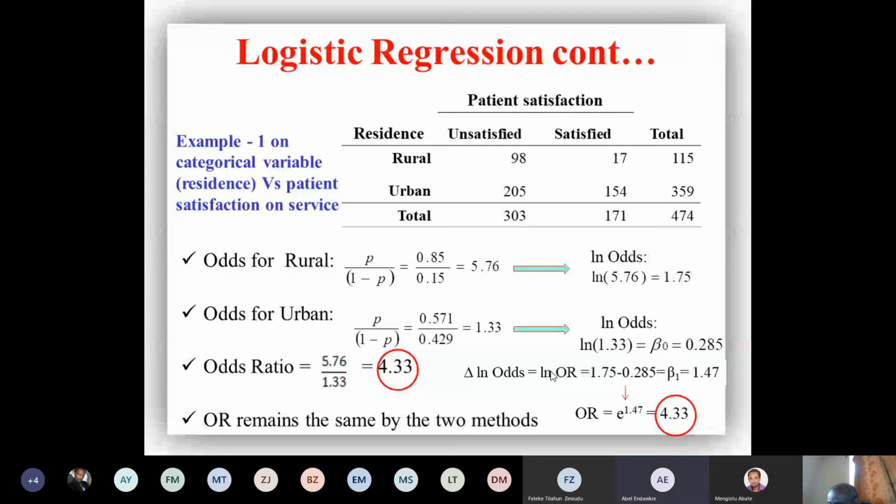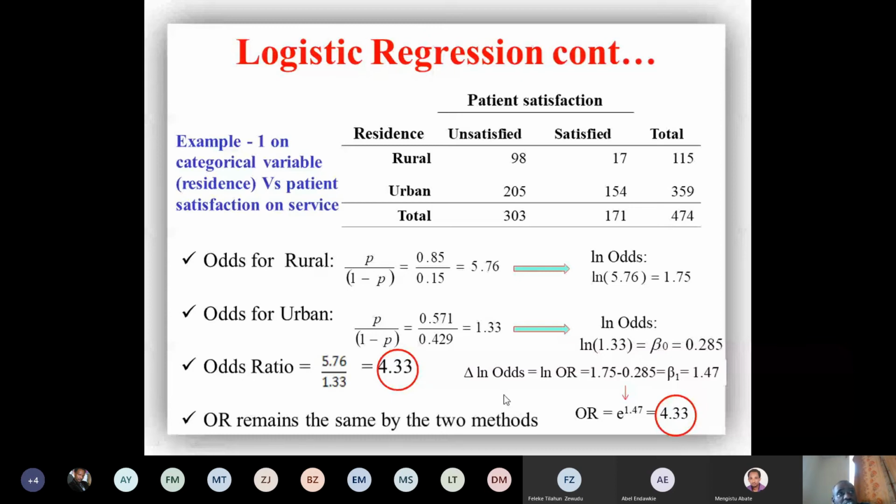ሃሎ፣ ሎጋሪዝም ኦፍ ኦድስ ሬሽዮ ኢኳልስ ቤታ ነው የሚለው ለማለት ነው ባጭሩ? አዎ፣ ሎጋሪዝም ኦፍ ኦድስ ሬሽዮ ኢኳልስ ቤታ ነው። አዎ ልክ ነው። ምክንያቱም ቦዝ ሎጋሪዝም ኦፍ ኦአር ኢዝ ኢኳል ቱ ቤታ ነው የሚቀረው።